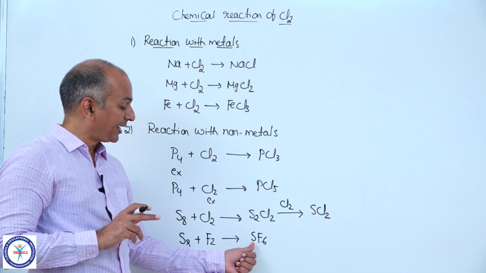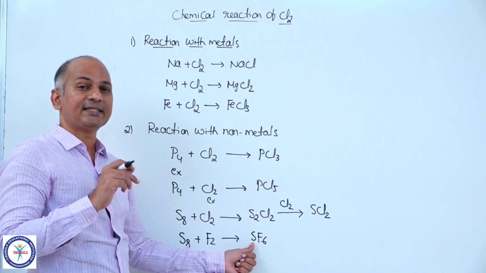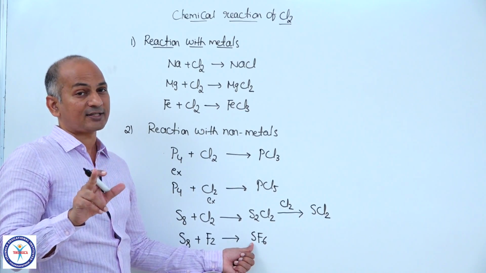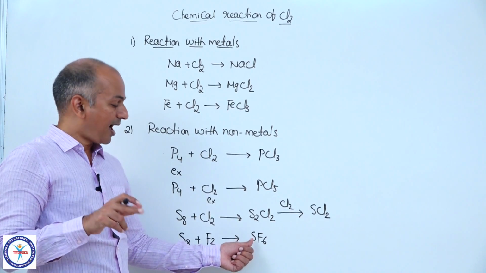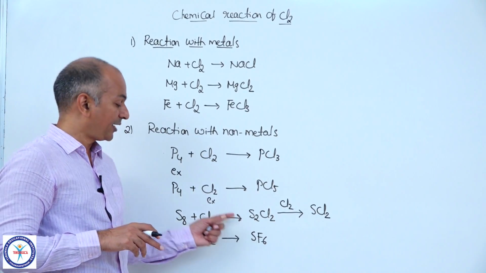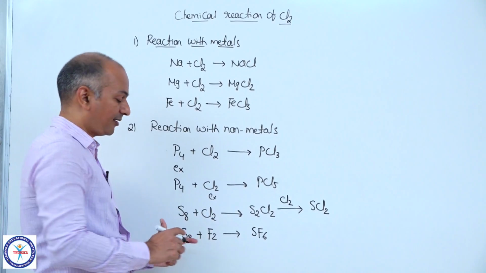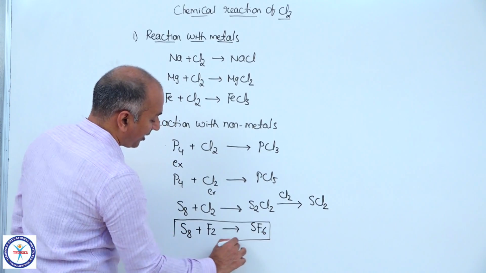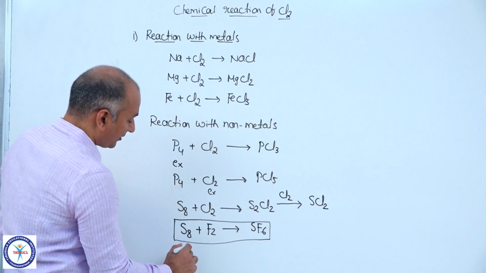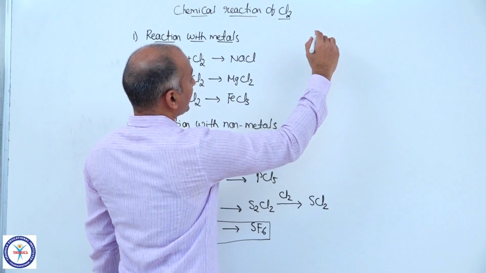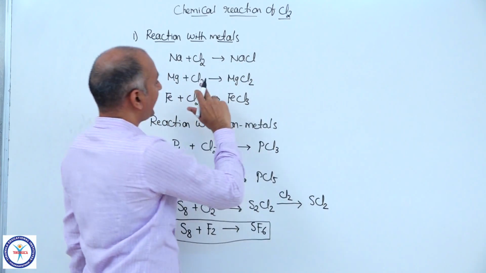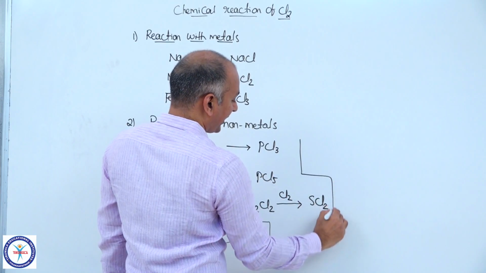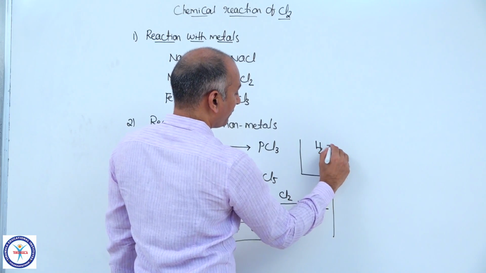In the case of sulfur, the maximum oxidation state, that is +6, is attained only when the surrounding atom is either fluorine or oxygen, SO3 +6 and SF6 +6. And you see the difference between chlorine and fluorine. These are some of the reactions with non-metals. And we have already discussed reaction with hydrogen. If I continue here, chlorine also reacts with hydrogen to give HCl.